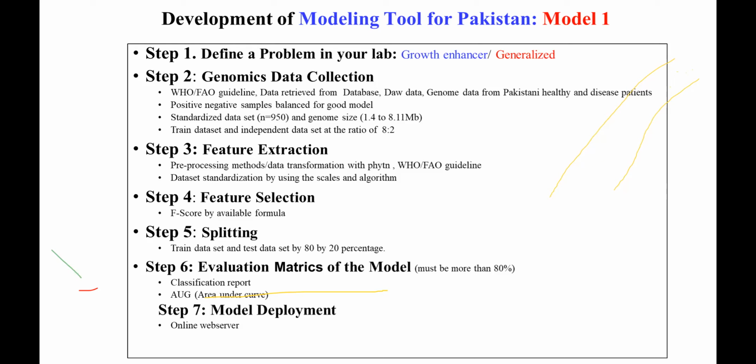But scientists are working and giving different, higher percentages to train the dataset. So you have to train your machine, and it depends again on your lab problem. If you are working on a cancer causing gene, you have to improve that percentage as well, and take the splitting formula for your own lab concern.